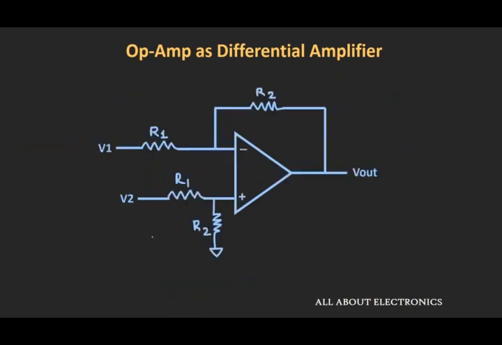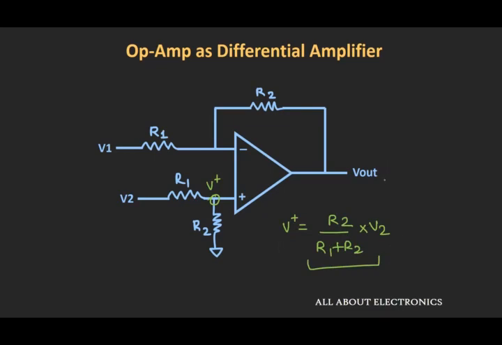So here what we have done now, we have applied this voltage source V2 using this voltage divider circuit. So now if you see at this point, let us say the voltage is V plus. So this voltage V plus will be equal to R2 divided by R1 plus R2 times this voltage V2, right? So our voltage V plus will be equal to this term.